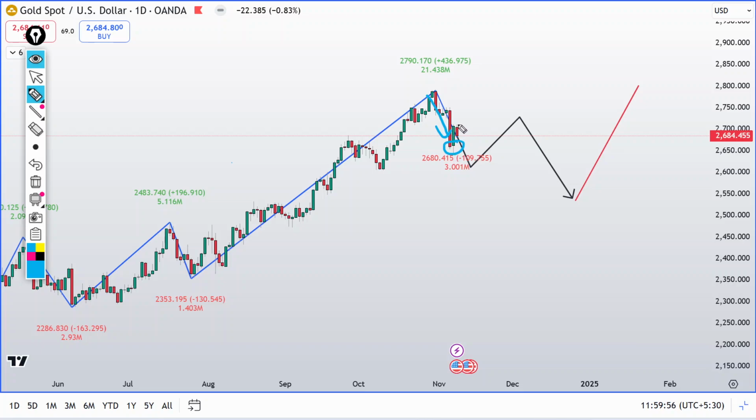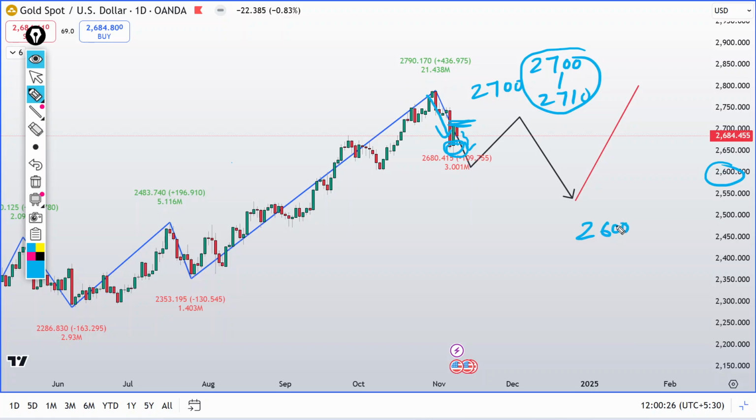Now as you can see, price is again rejecting from roughly 2700, or you can say the level 2700 to 2710. So this area is currently acting as a resistance, and as per the daily closing, this is a bearish close, so a continuation to the lower side is possible, and I am expecting that if price breaks down from here, gold price can test